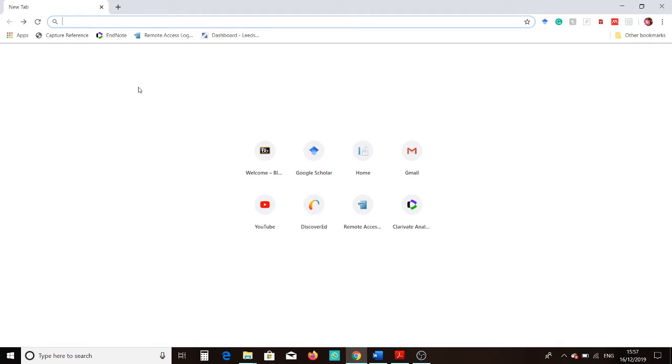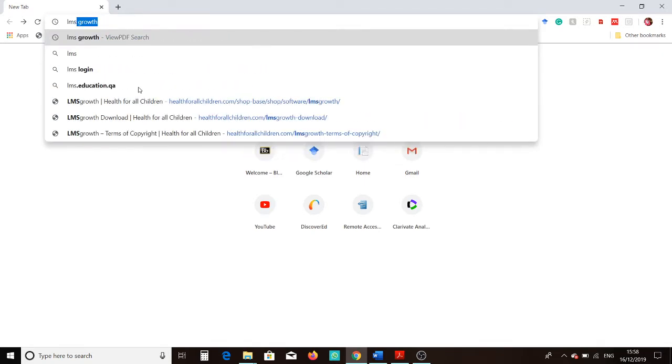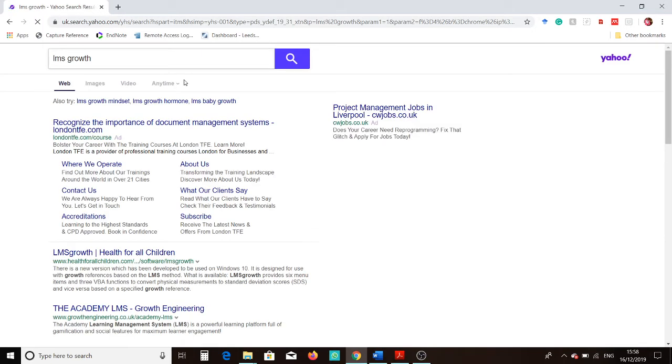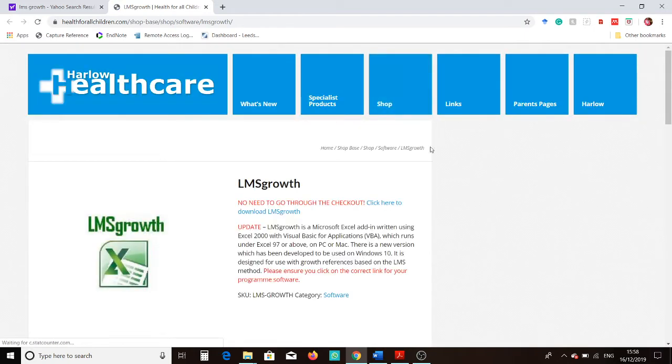called Health for All Children. And the easy way to get it is to use this term to search: LMS growth. So we get to this website, healthforallchildren.com, and then you open it. There we'll find a link provided for us to access the download for that add-in. So click there,